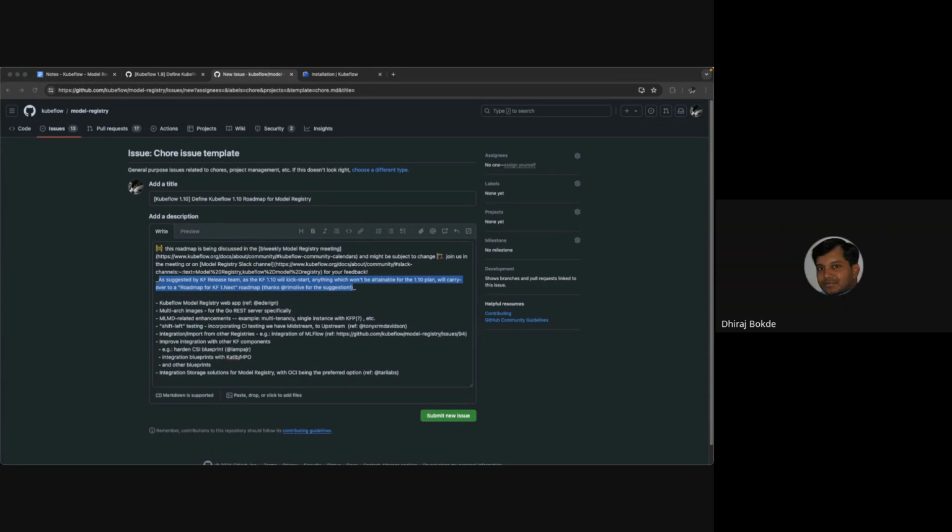No problem. I was just going to say that, to be the devil's advocate, there might be features that might not be used right now in DSP or in Model Registry, but they put them in the MLMD service for a reason.